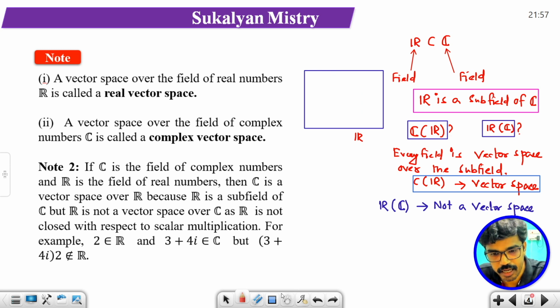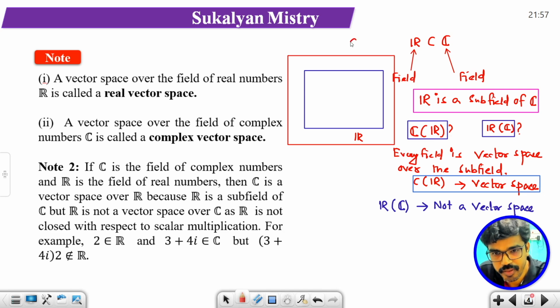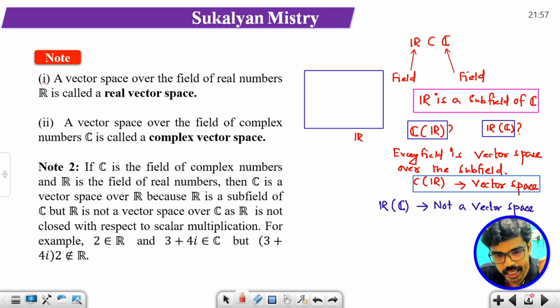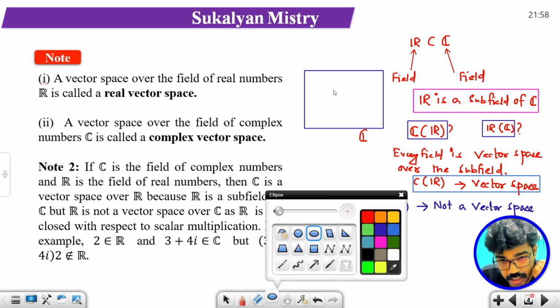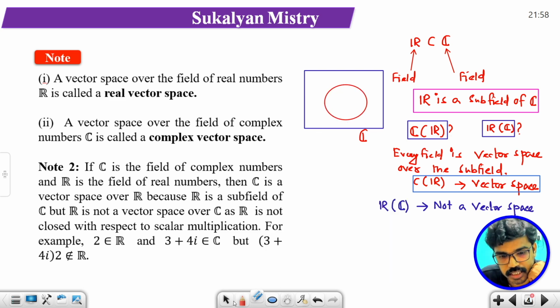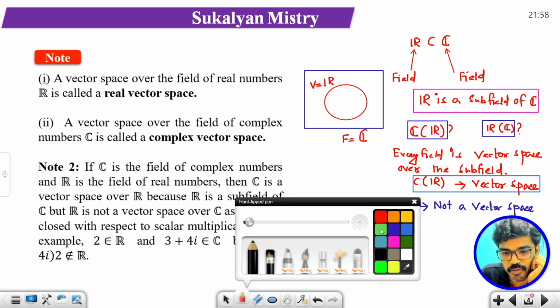R is a subfield of the complex field C, so that's why C is a vector space over the field R. ঠিক, এবার আমরা কোশ্চেনটা অপোজিট করি। Suppose this is the field C and this is the non-empty set, suppose R। এটাকে তুমি V এর সঙ্গে কম্পেয়ার করো আর এটাকে F কনসিডার করো।